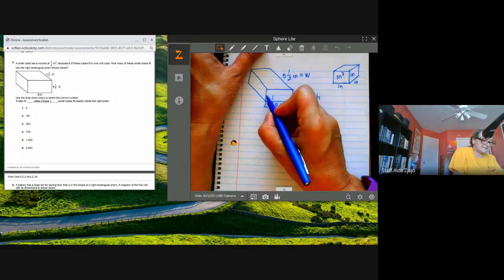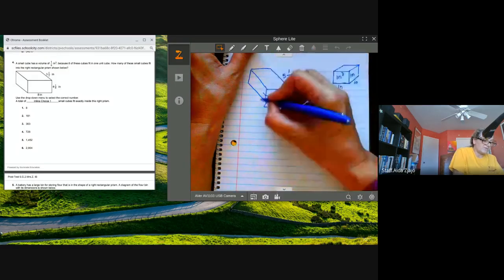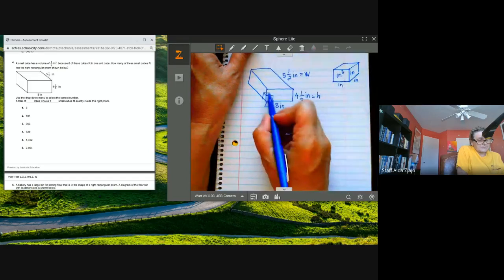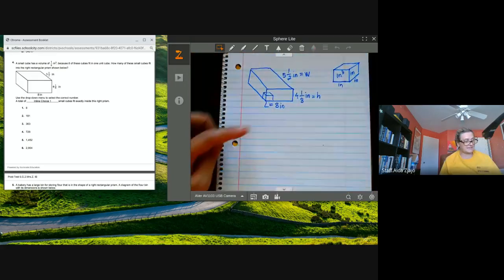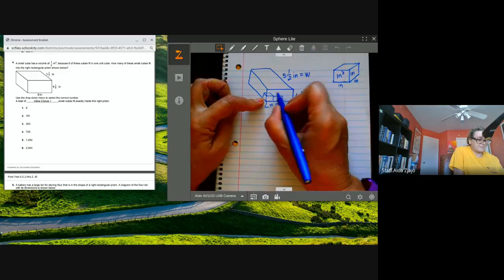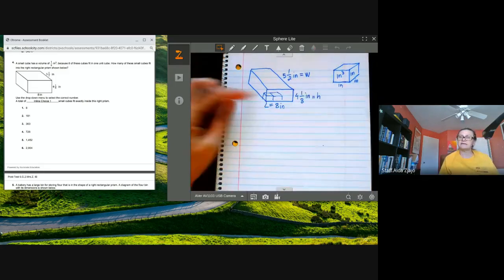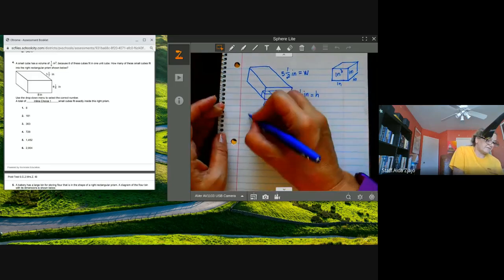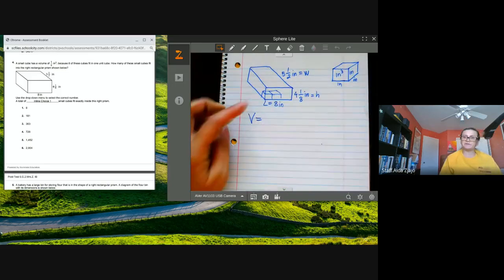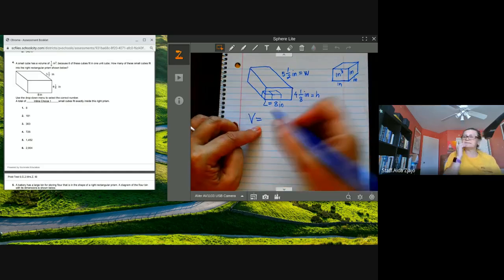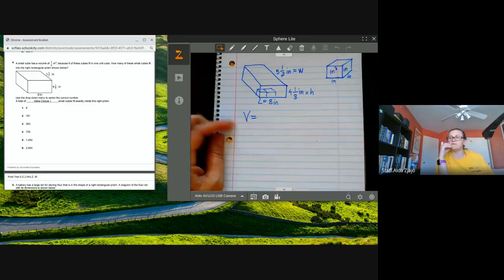So imagine this: if I drew the picture of one of the boxes that is inside, I can. So how many of these boxes can fit in this bigger box? That's the first thing we need to find. So we're going to find the volume of this prism, and we know the values. What is the formula for volume,